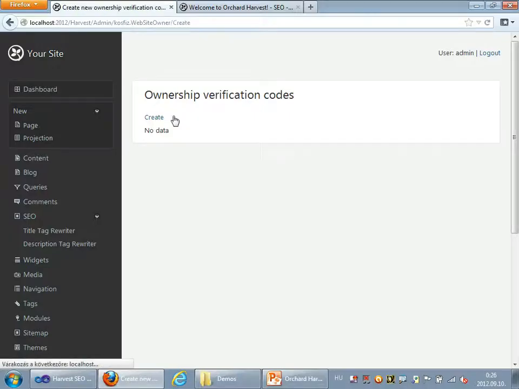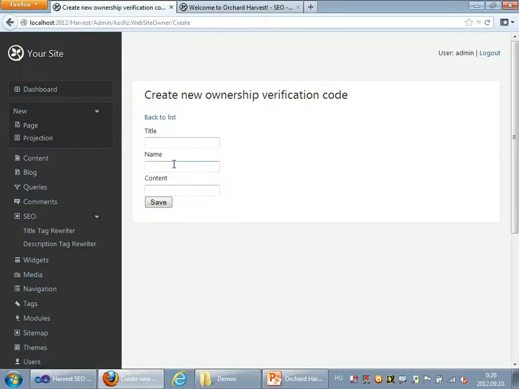So if you have an analytics tracking code on your site, you can authorize yourself with a button click. But if you don't have one and you just want to use Webmaster Tools with some other tracking code, you can try the website owner module